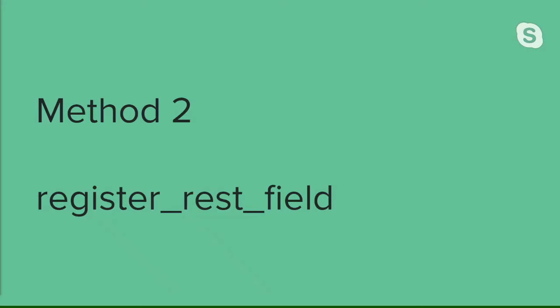Perhaps we don't want to show custom content, though. Maybe we want to show additional fields on an existing object. For instance, maybe we want to include a URL for the featured image on a post. For this, we'll need to use register_rest_field.